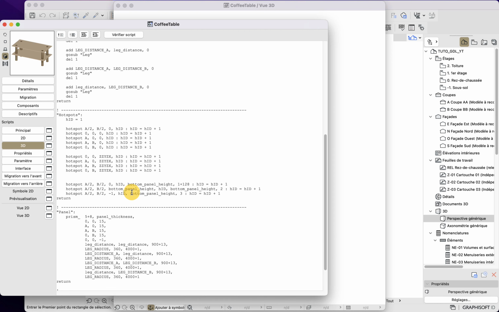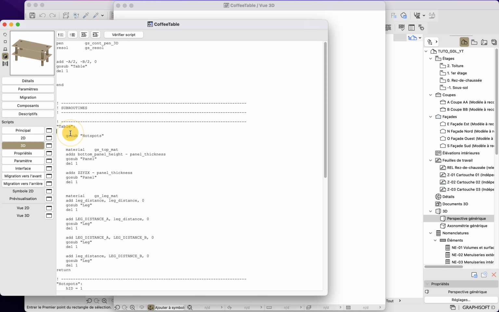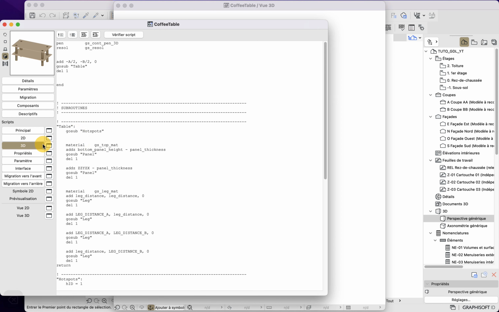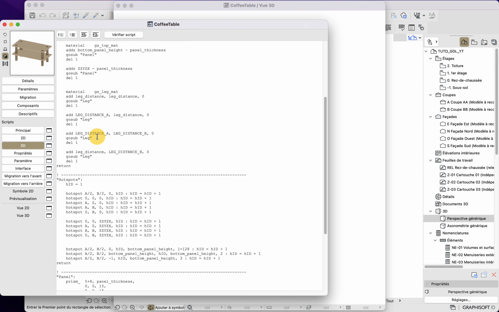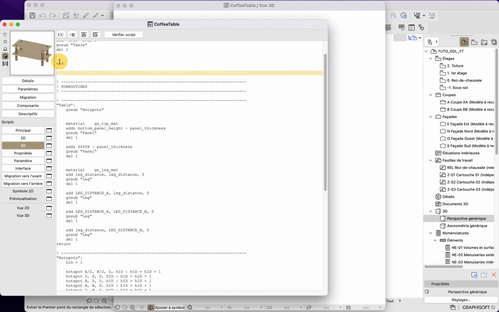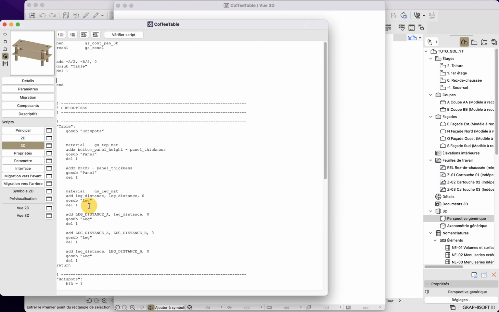So here we will simply optimize the 3D script. You can do the same for the 2D script as well, but it was simply just to show you that, for example, here we simply now have this part of code, which is the main part of our 3D script, and everything else here is subroutine. And that way, my maintenance is a bit easier than if it was all messy like before optimizing this. So here we will save.